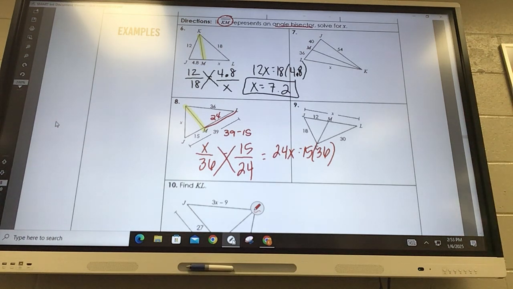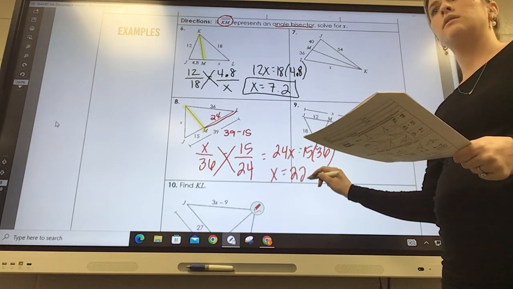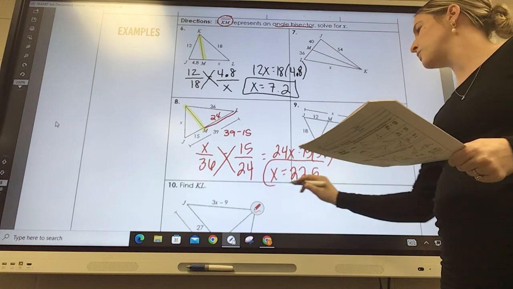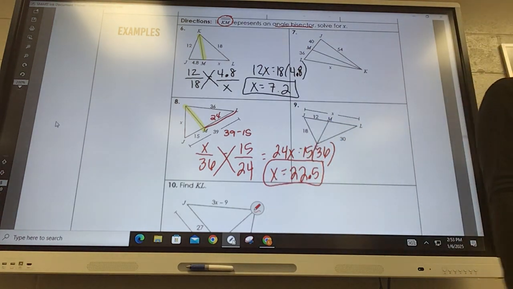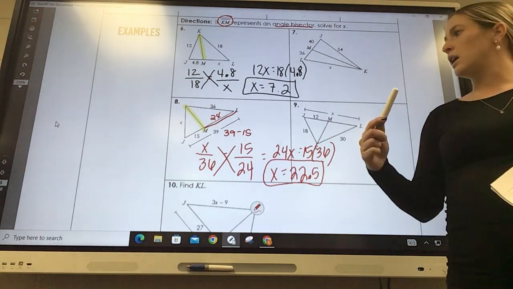Sean, what'd you get? 22.5. 22.5. Do we agree? All right. Are we going too fast? No? Okay. Number 9 is very similar, but if I try to do what Jake did,